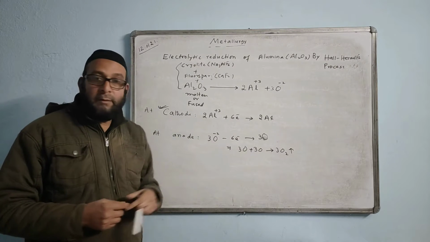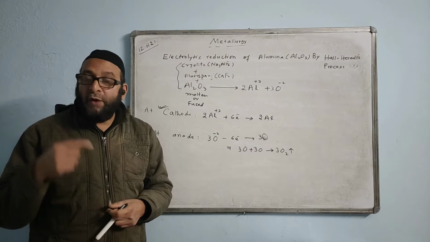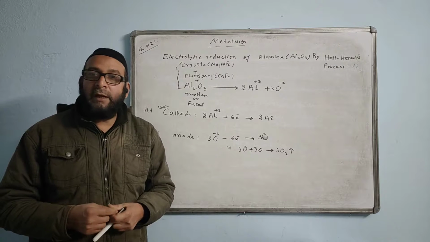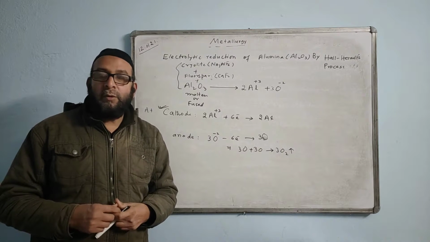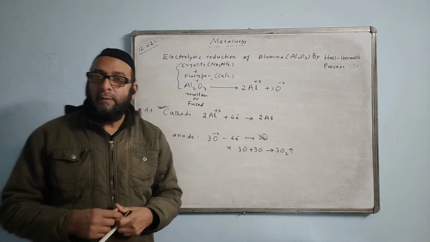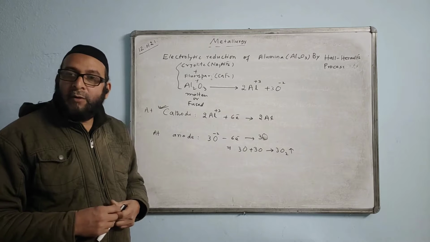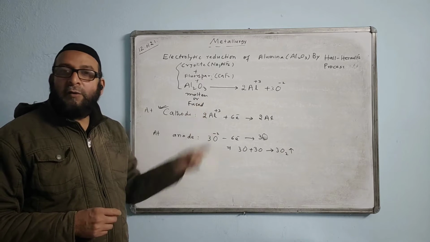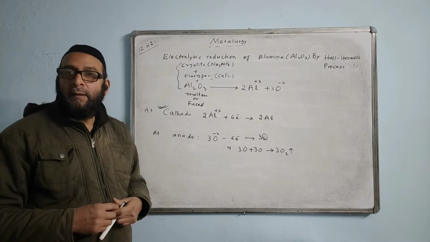Hope you understood the method. Now what was the method? A question may come as, name an ore of aluminium which is added to the electrolytic mixture for the electrolytic reduction. What is the name of the ore? Cryolite. And how does it help? Tell me. How does the addition of